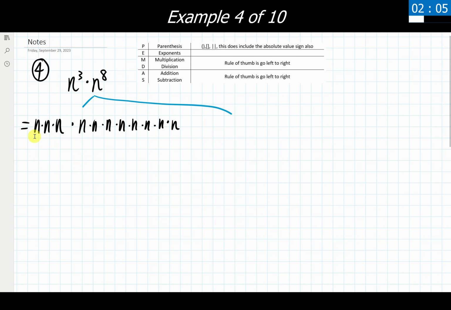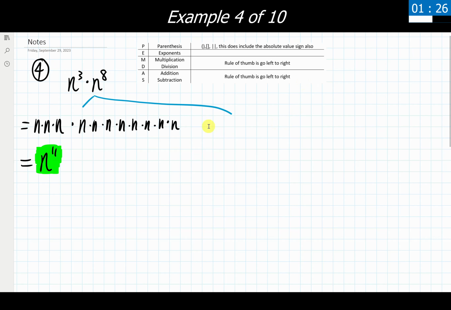Okay, so now I have a whole bunch of n's multiplying together. I can literally count them up. 1, 2, 3, 4, 5, 6, 7, 8, 9. I think I miscounted here. 1, 2, 3, 4, 5, 6, 7, 8, 9, 10, 11. Yeah, I can count, don't worry. And I'm going to get n to the 11th power because it's multiplying by itself 11 total times. So this is one route that you can take. Hopefully your counting skills are better than mine, because clearly mine are subpar, which begs the question, why am I making these videos? But hey, I guess I'm trying at least, right?